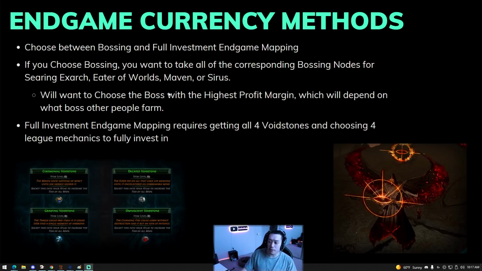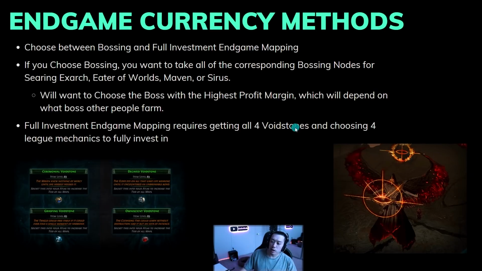Now, full investment endgame mapping requires getting all 4 Void Stones and choosing 4 League mechanics to fully invest in. The reason we want to choose 4 League mechanics is because we can have 4 Scarab slots. So these 4 Scarab slots will pretty much guarantee that these 4 League mechanics will always be on the map. And the 4 Void Stones are necessary because we need the Void Stones to put the Sextants on to make